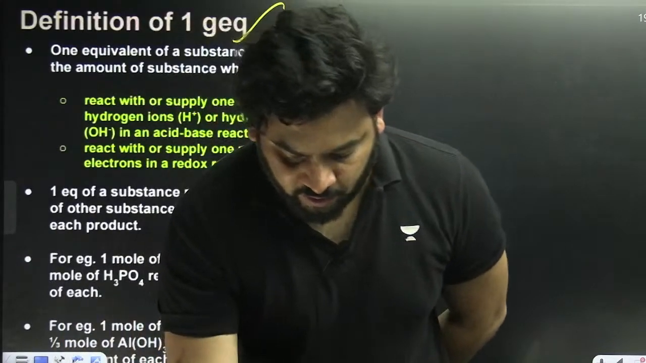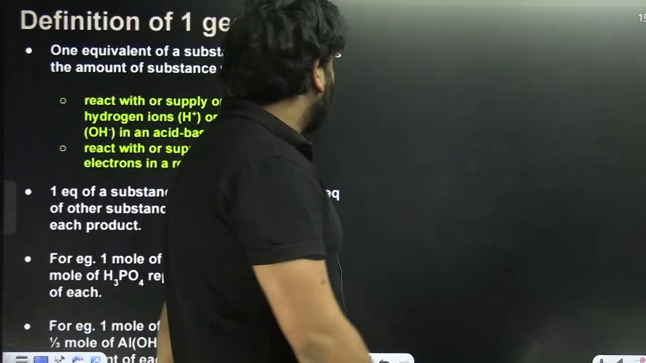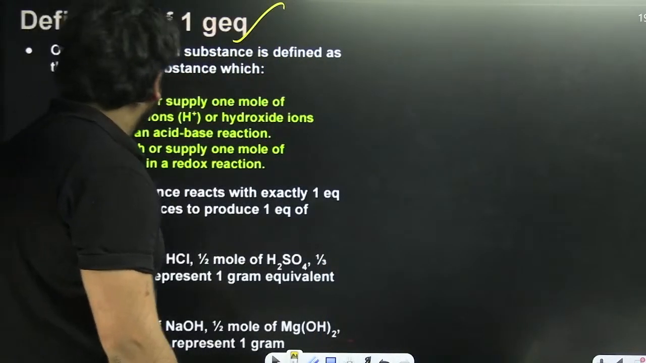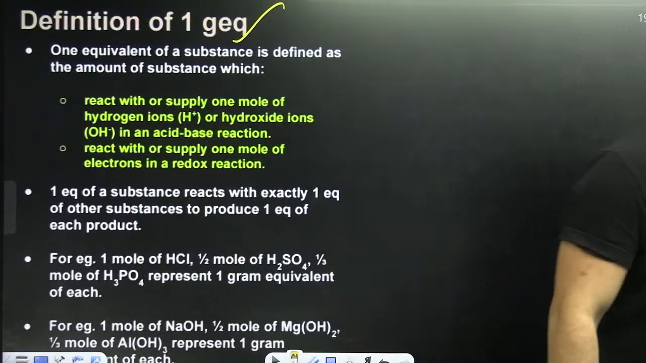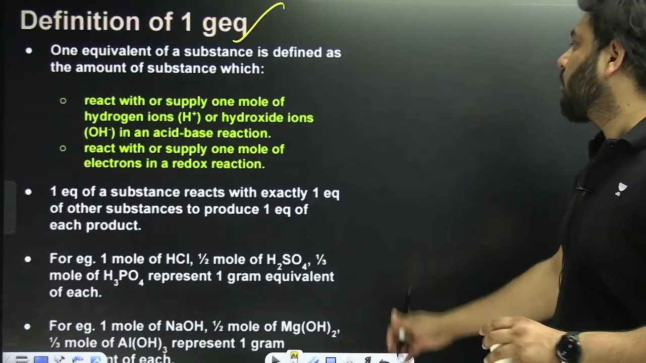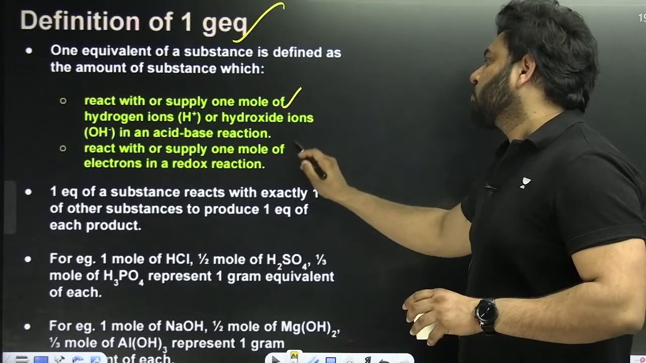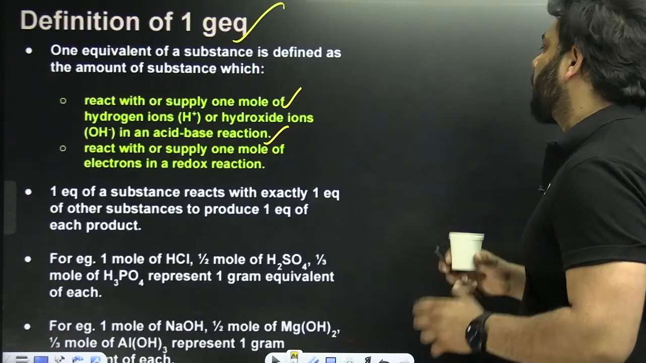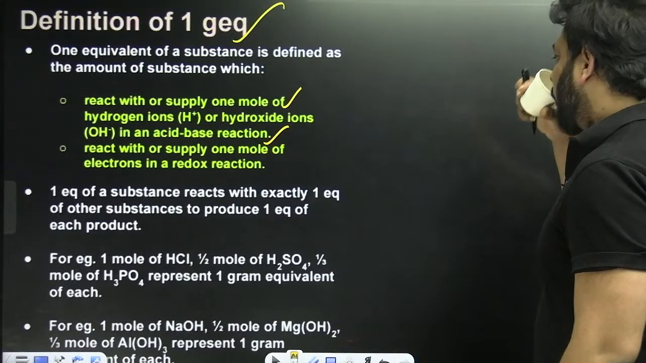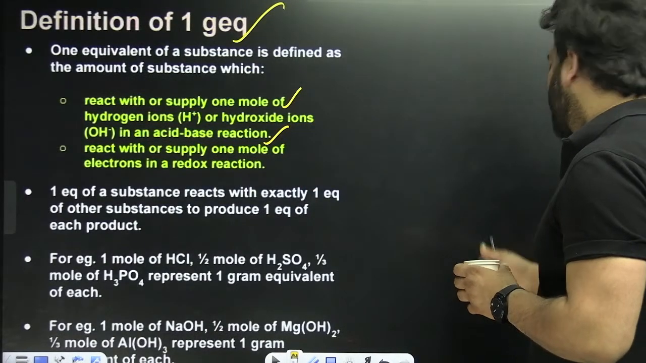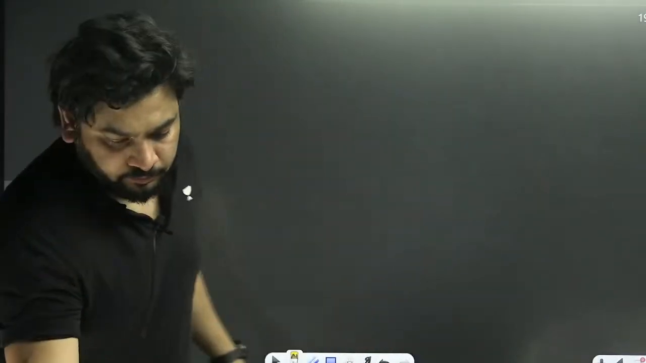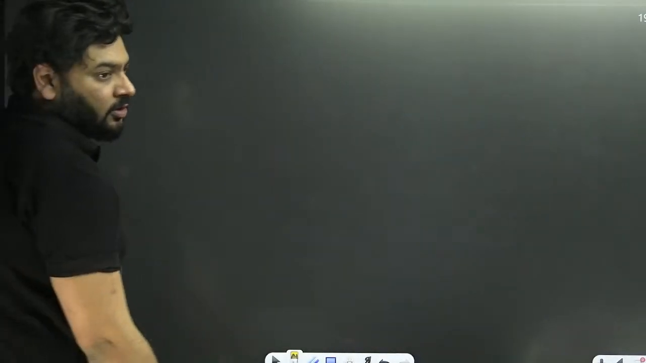Anyways, let me continue until then. So what we are right now having is the definition of 1 gram equivalent. If talking in terms of acid or base, wherever we can get 1 mole of H positive or 1 mole of OH minus ion, we consider it a gram equivalent. So let me give you one example. So there we have